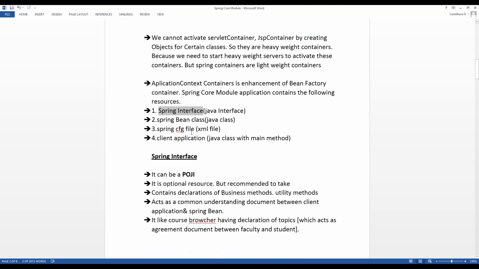And the Spring CFG file is an XML file containing both things. It is a configuration file which allows accessing Java interfaces as well as Java classes. So a Java interface is a Spring interface, and a Java class is a Spring Bean class. Those are the things we have to know.